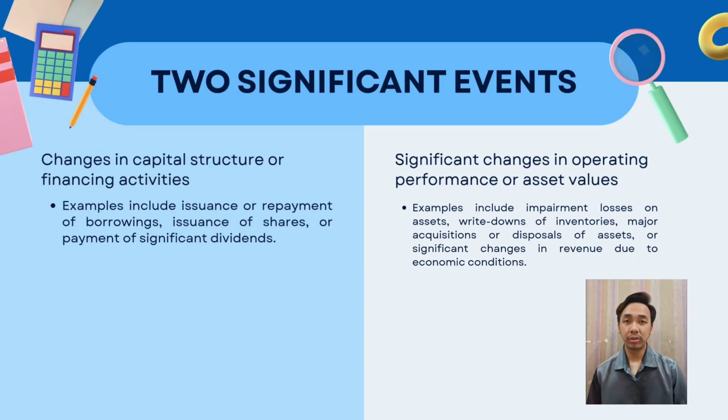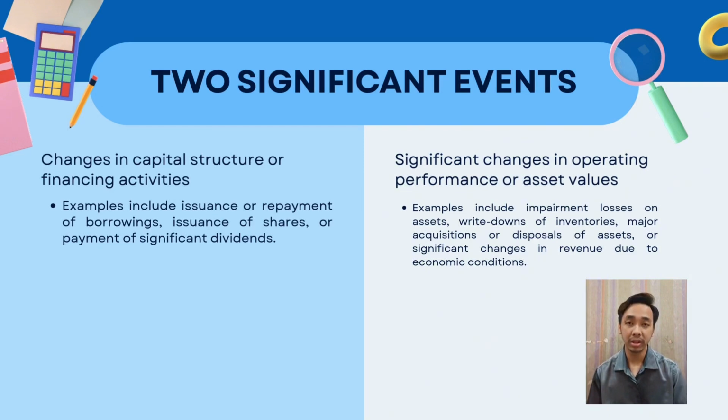Now I will continue with two significant events and transactions that affect an entity's financial position and performance since the end of the last annual reporting period. The first one is changes in capital structure or financing activities. Examples include issuance or repayment of borrowings, issuance of shares, or payment of significant dividends. These transactions affect the entity's financial position by changing liabilities or equity and may also impact finance costs and earnings